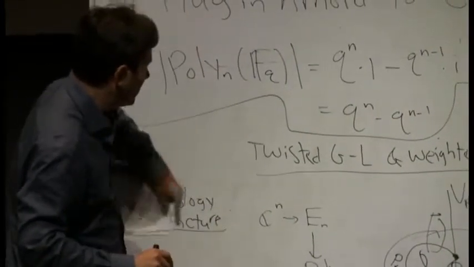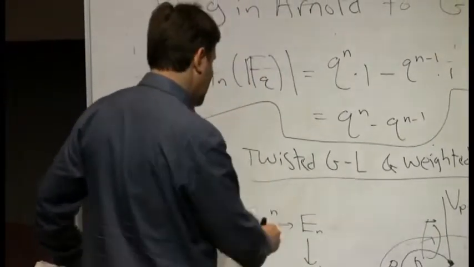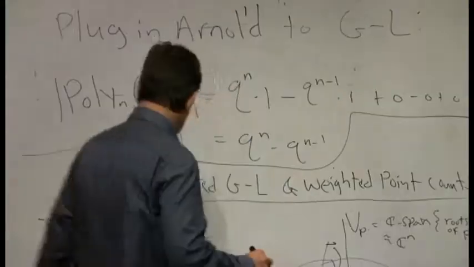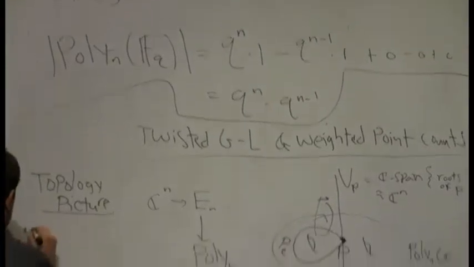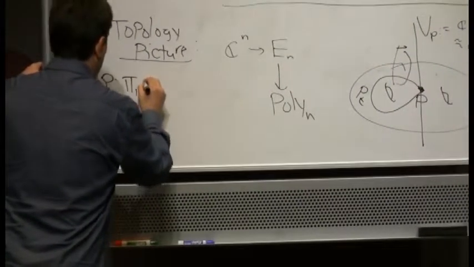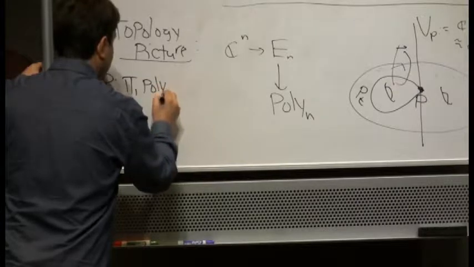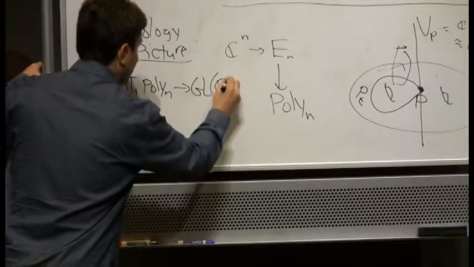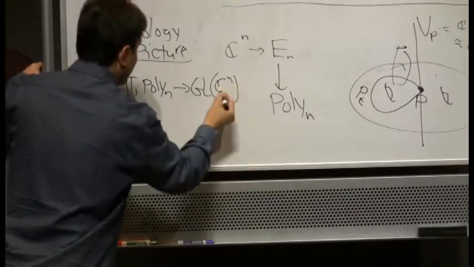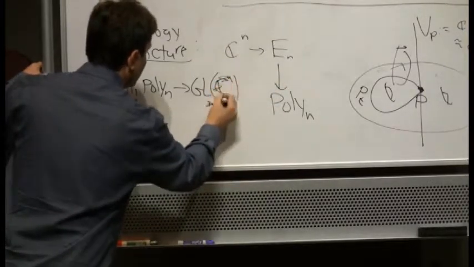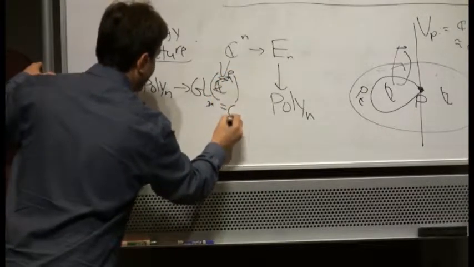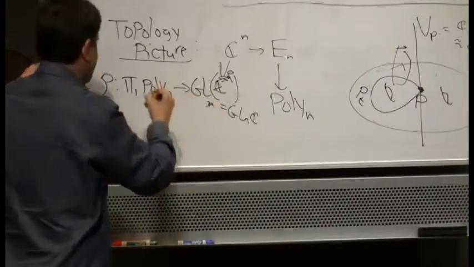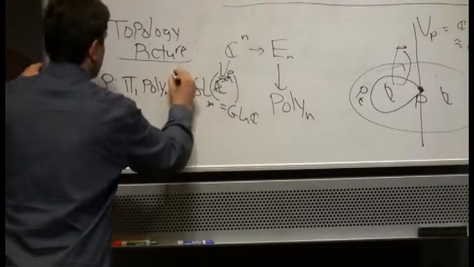Anyway, you get this vector bundle, and when you come back, the roots have moved around, perhaps. So you get an action on V. So what's happening is you get an action from pi1 of Poly n, which is the braid group, to GL of C^n. In other words, GL_n(C). To be more specific, this is like GL of V sub P, which is just GL_n(C) when you pick a basis. So any questions? You get this representation. This is called the monodromy of the vector bundle.